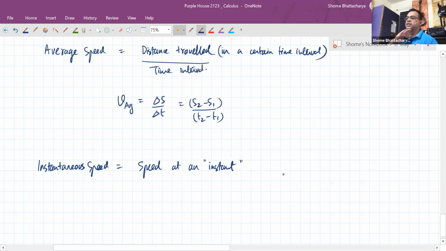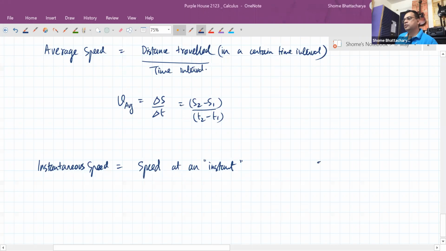So how do we actually measure instantaneous speed? Can you think of any instrument that is used to measure instantaneous speed? In practical everyday life, what measures instantaneous speed? Come on, all of you know the answer to this, right? What is the instrument? Sir, it's normally on the car, but I forgot the name. It is called a speedometer, right? Yes, sir.